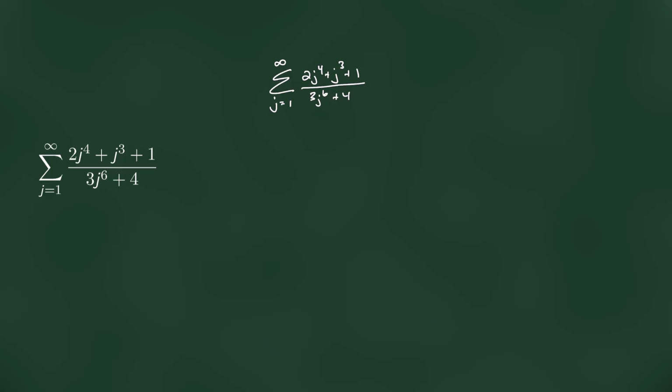Notice that if we focus only on the front two terms, they look a lot like j to the 4th over j to the 6th, which simplifies to be 1 over j squared. So what we can do is try a comparison using limits to 1 over j squared. If we do that, we're going to be looking at the limit as j goes to infinity of our original expression,